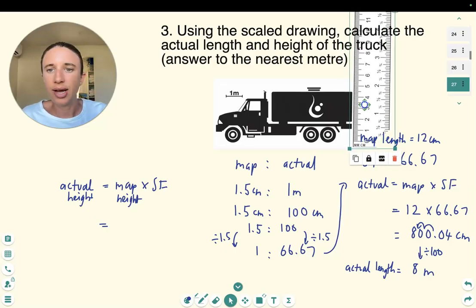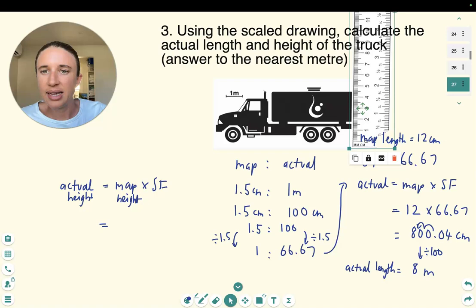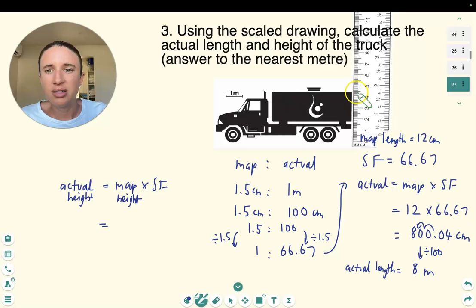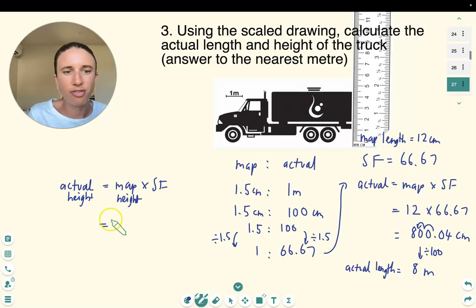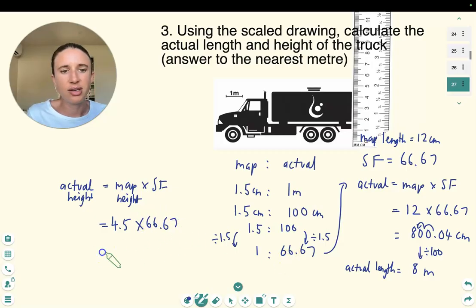And the height of that truck, I would say, even though my ruler is a little bit slanted, we could say 45 millimeters. You can either do it in centimeters or meters. But yes, so 45 millimeters. Actually, for consistency, let's just keep it as centimeters. So 4.5 centimeters times our scale factor, 66.67. 4.5 times 66.67 is